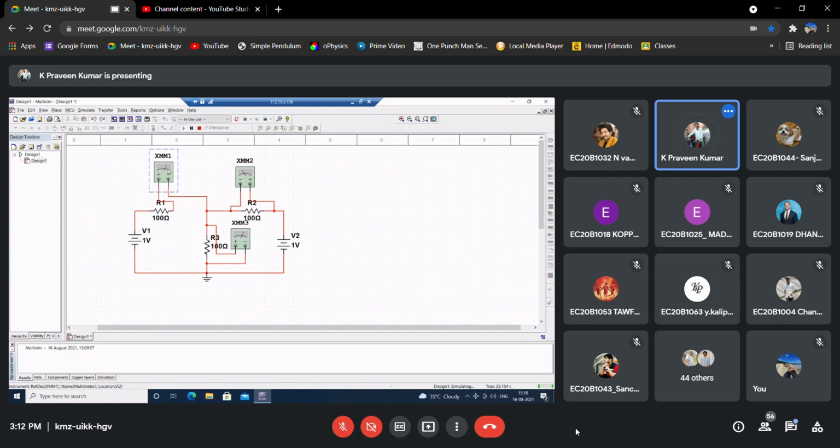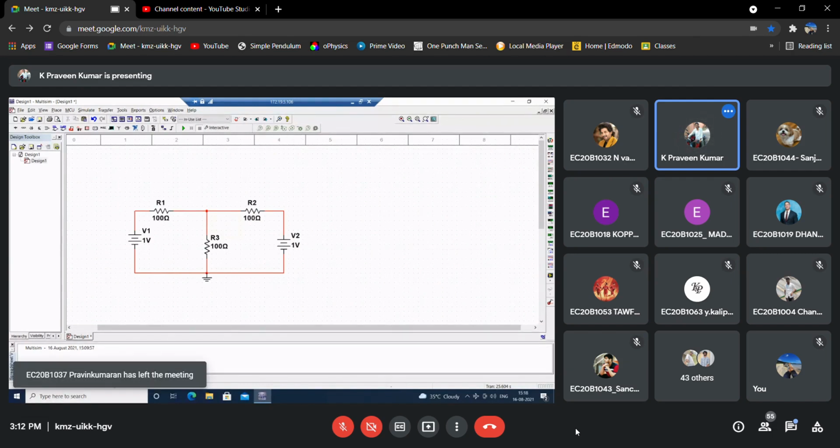So either you can calculate all these currents using meters, or otherwise, so let me delete. One is to use these meters, or otherwise directly we have these voltage probes.